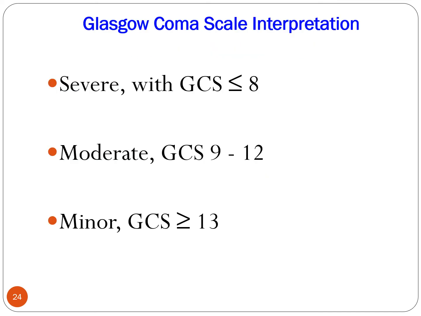So let me give you some studies of patients with Glasgow Coma Scales. If your Glasgow Coma Scale is less than or equal to 8, you're in pretty bad shape. If it's anywhere from 9 to 12, you're in moderate shape. And if it's greater than 13, you're in good shape. So understanding the Glasgow Coma Scale is very, very important, especially with this population of neurosurgical patients. And we'll get a little bit more into that later.